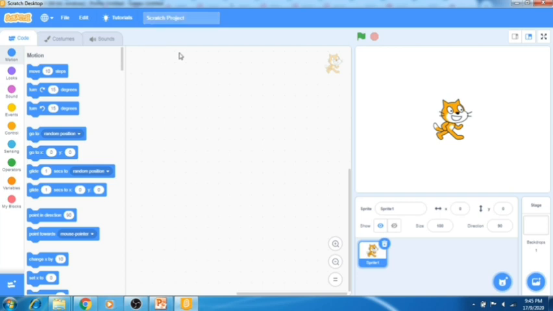Next, this is our script area. In this area, we'll drag and drop the instructions from here. These blocks will drop here. So we can use multiple blocks and they can join together like this. These blocks together are called a script. A script is basically a program only. So we are basically writing a program without writing any code. I'll explain to you how we will write a program.